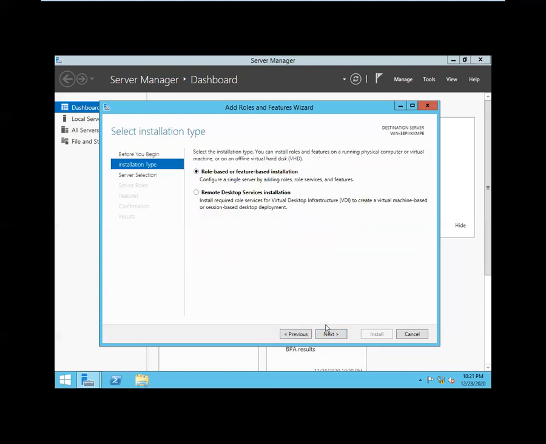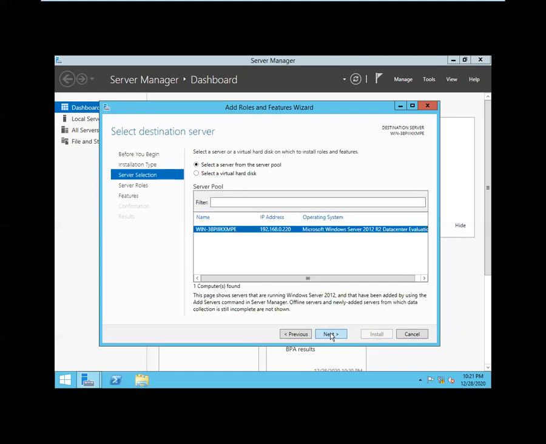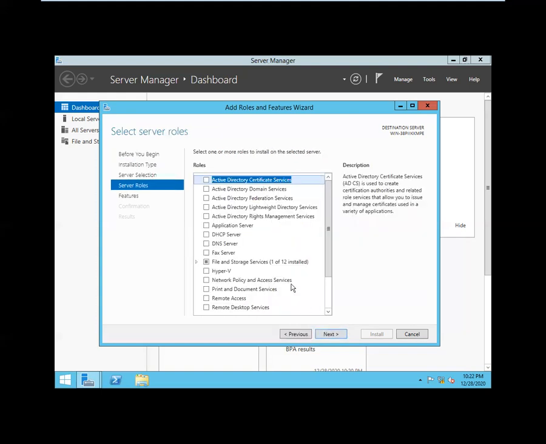Right. So next, what do you want? Is it role based or remote based? Right now I'm doing it role based, not from the remote. And the location of this, where it has to get stored, in your server or a different virtual disk? No, in my server only. This is your computer name and this is the IP address of your computer. Click next.